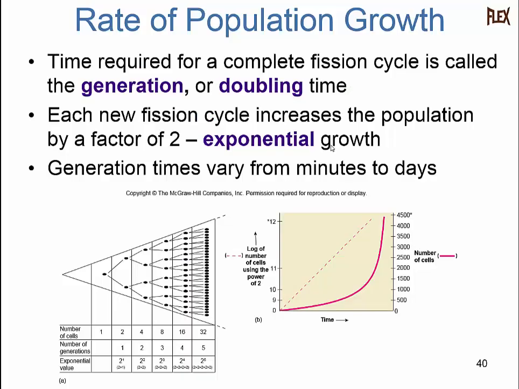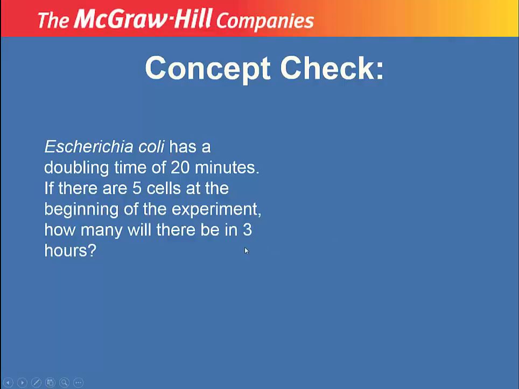The population or growth curve of a bacteria takes place due to a doubling time. So bacteria tend to double over a period of time. Some bacteria will double every 10 minutes, some will double every 15 minutes, and because of that doubling time, bacteria tend to double by a factor of 2 or result in an exponential growth. And so bacterial growth is often plotted on a log scale.